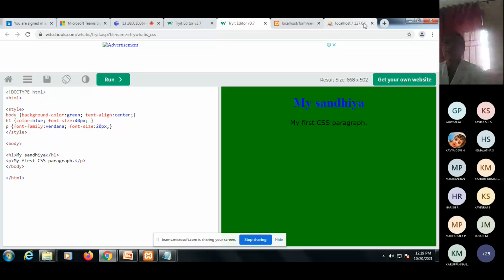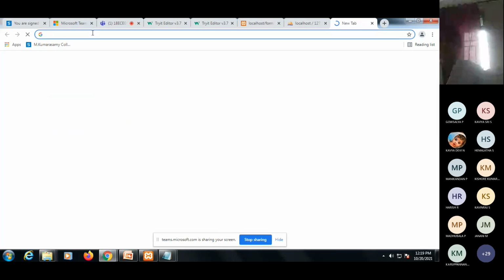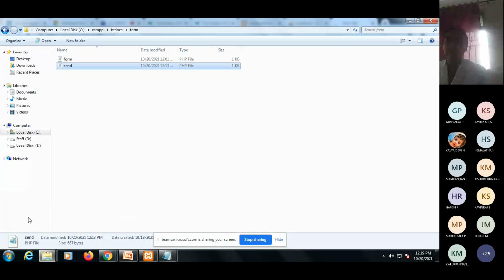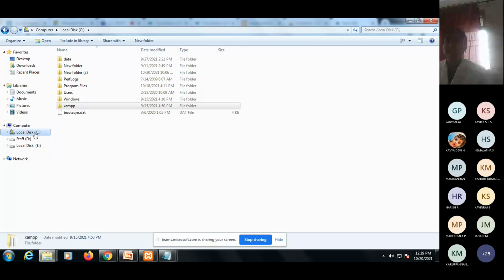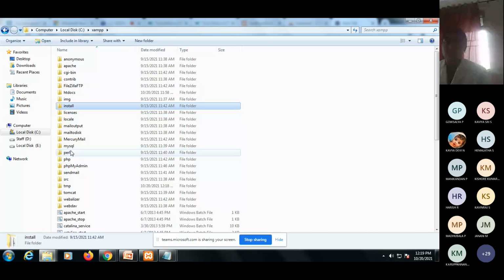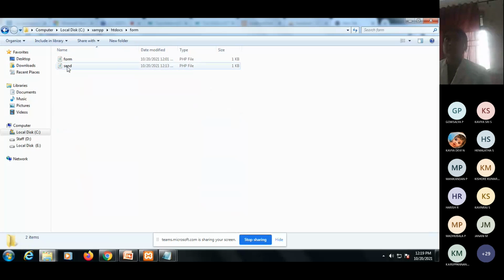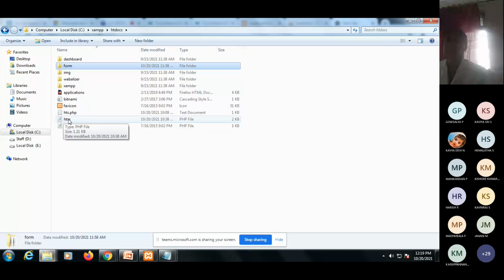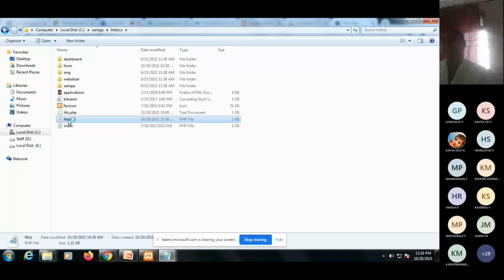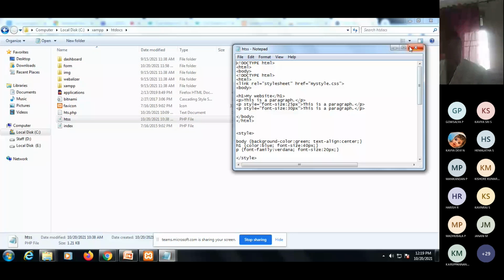Next, one more thing is also there. I open here. I access the HTML file in local disk C itself. I have XAMPP and htdocs. Under this one, here I have HTTPS, as I have mentioned here. This is also an HTML format.